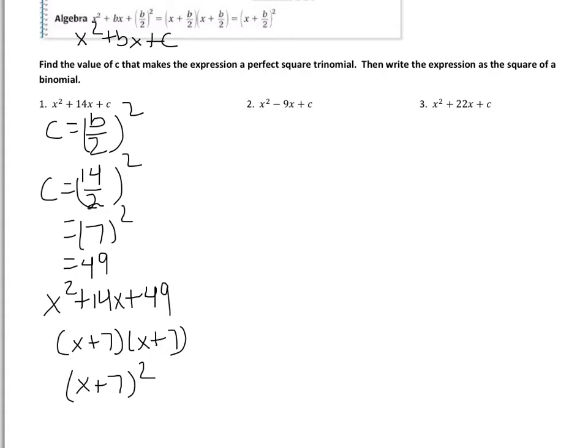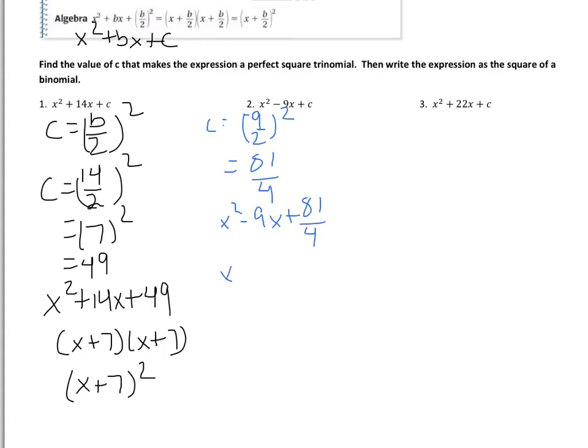Okay, so let's do another one together here. c equals negative 9 divided by 2 squared. So that would be, well, you can't divide that, so don't make it a decimal. What's negative 9 squared? 81. 2 squared, 4. So you get 81 over 4. So you get x squared minus 9x plus 81 over 4,